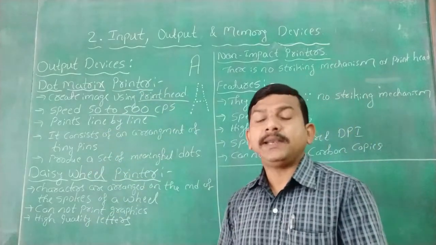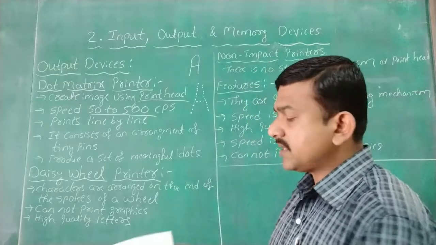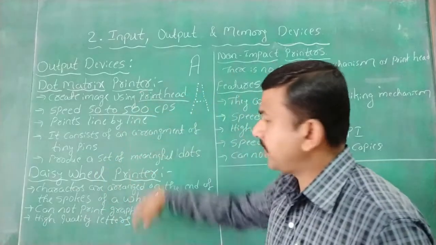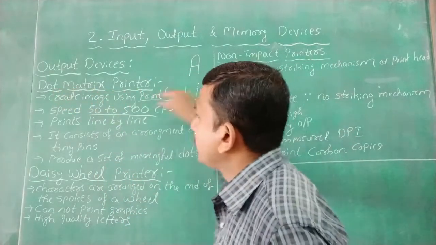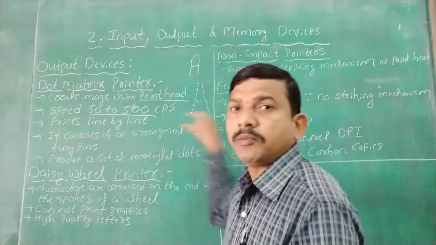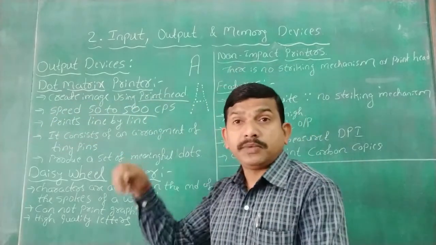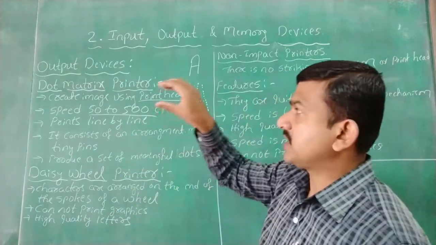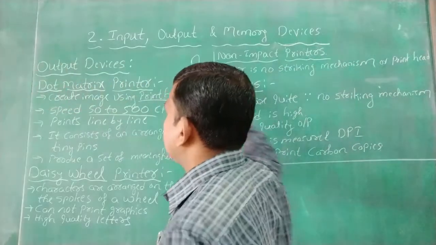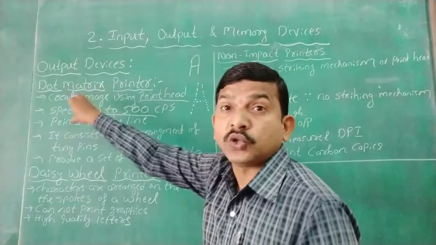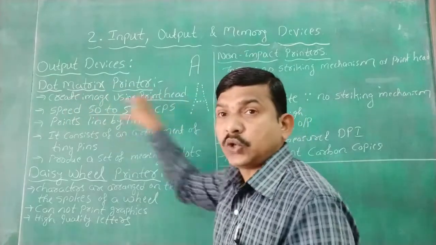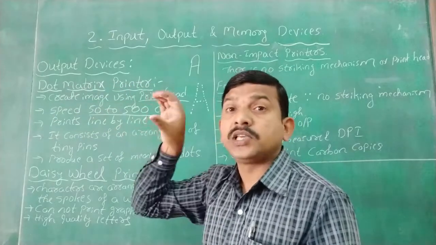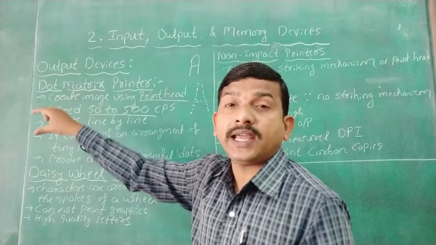The next point: it prints line by line. How does it print? Line by line means, for example, this is a paper. First line, second line, third line. Assume that it will print first this line, then this line. Line by line it will print. That's why I told in an impact printer we are using a print head and there is a striking mechanism. For example, this is a print head. It will print like this and it moves like this, the print head. It will produce noise. In the previous video I told it produces noises. Is it clear? Using printhead, it will print line by line.